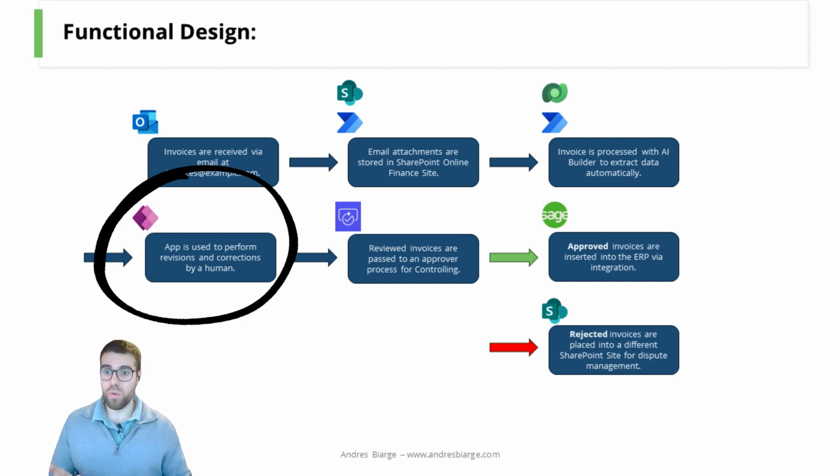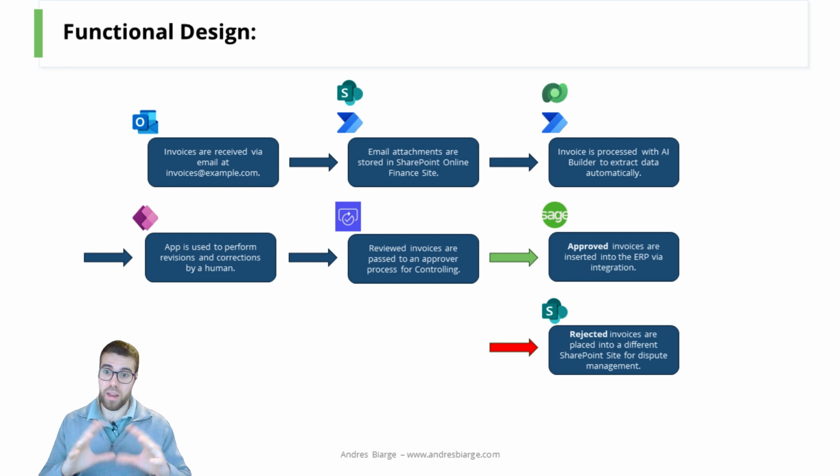And afterwards, where you see here the Power Apps logo, we are going to use an application, which is going to be the next content I'm going to show you, an application for a human to manually review and perform corrections where necessary to those automatically processed invoices. Because artificial intelligence is not perfect, and invoice data is pretty sensitive information, so we want to make sure that all the data is correct before passing it over to the next step of the process, which is the approval processes